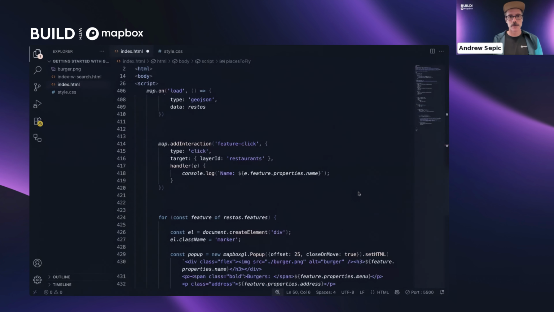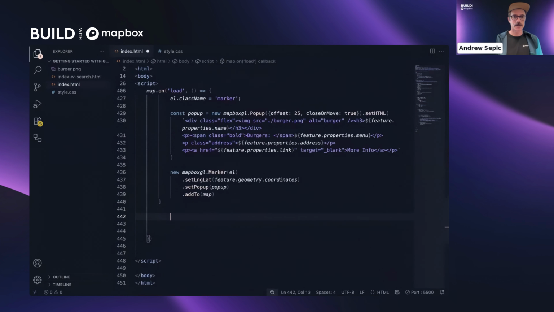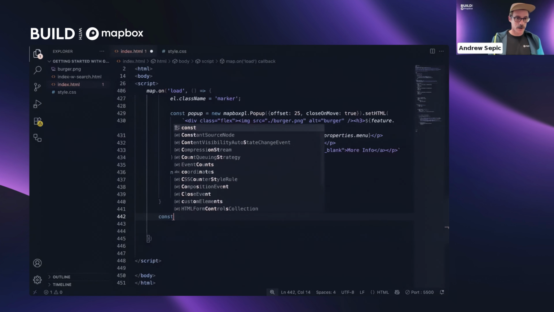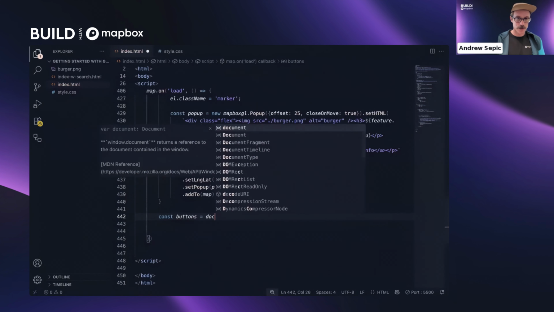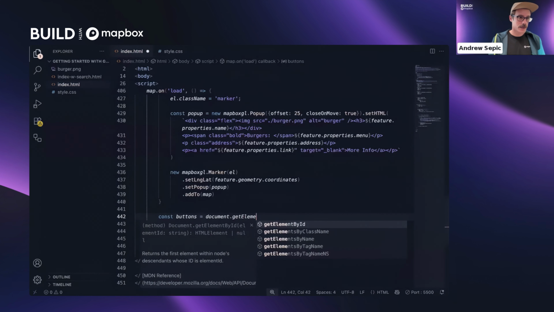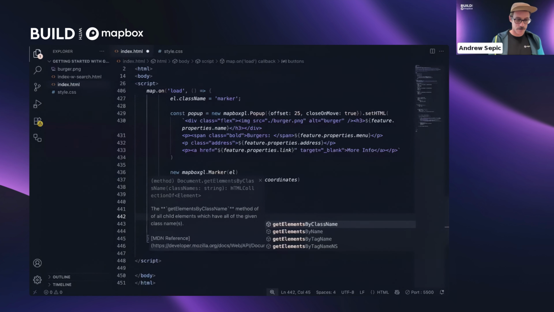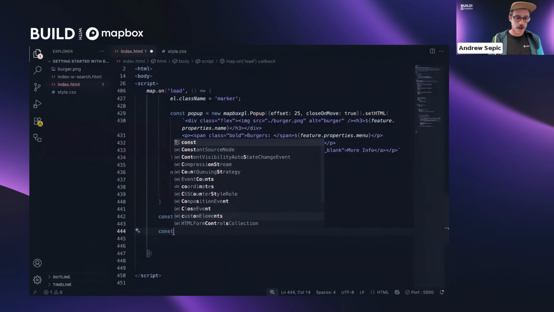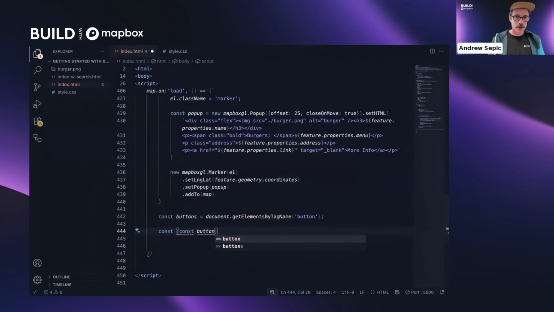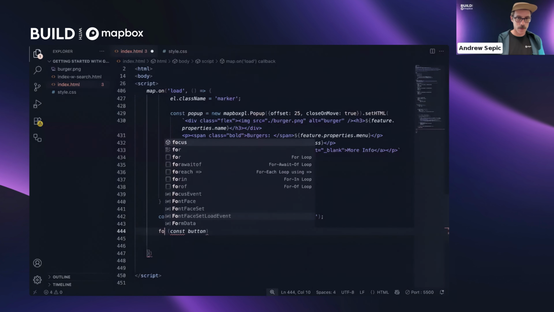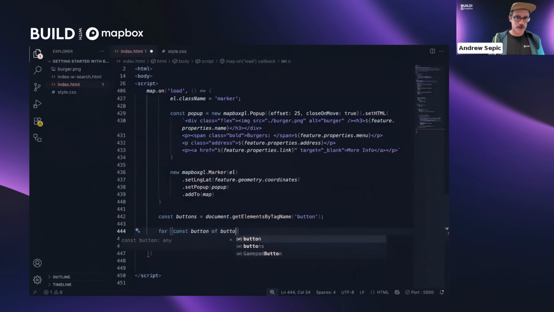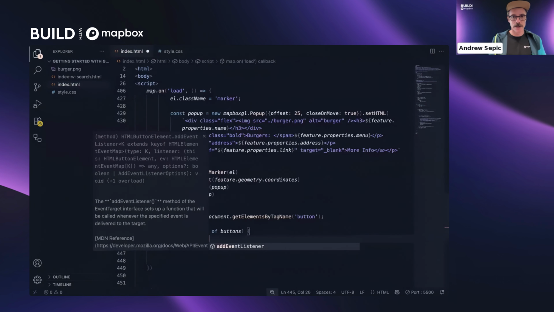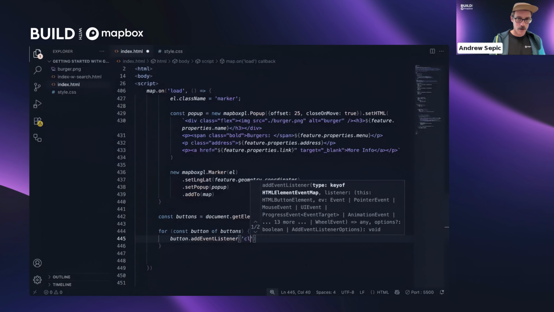Now I want to do a little bit of JavaScript to make this work and interact with my map. So I'm going to do const buttons equals document.getElementsByTagName button. So I'm going to get a list of buttons, and then for const button of buttons, we are going to do button.addEventListener click,